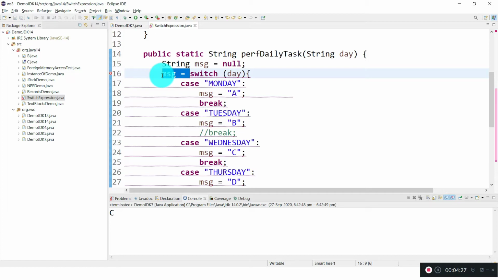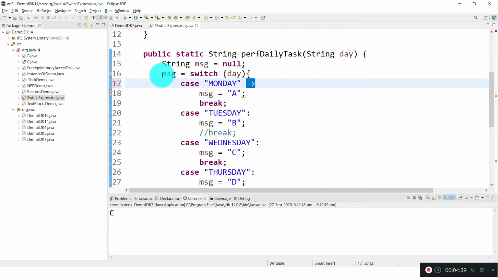In a switch statement it is not allowed. And for the remaining things, instead of a colon we have to use this arrow notation, which resembles a lambda expression. In a lambda expression we also use the same notation. Whatever value you want to return, say here I want to return A, I can simply give it like this instead of keeping it in some variable and breaking.